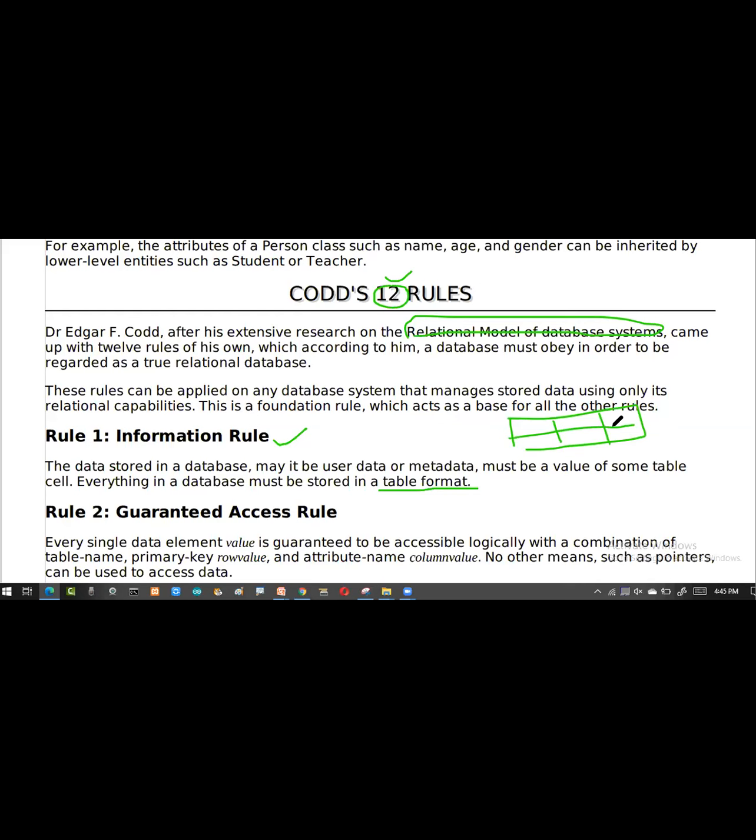As I told you, this is the definition of the tables and the column. So this part, the intersection of X and Y, we call a cell. That means whatever you are storing, whether normal text or any file, in that particular table, the data should be available in the table format. Whichever content you pick up from the cells is nothing but information. How do I store it? In the form of a table.